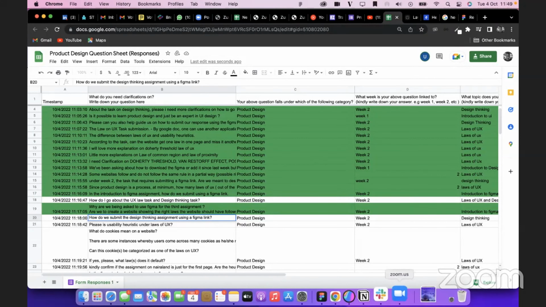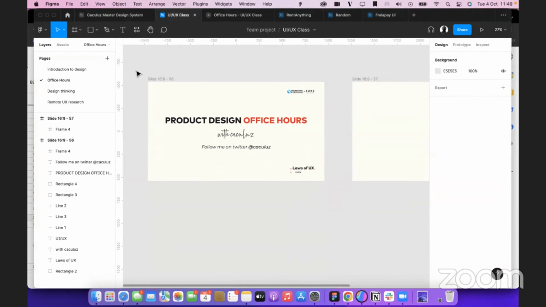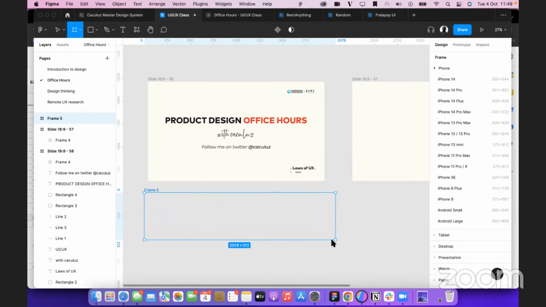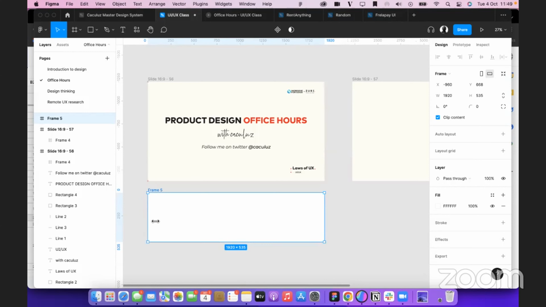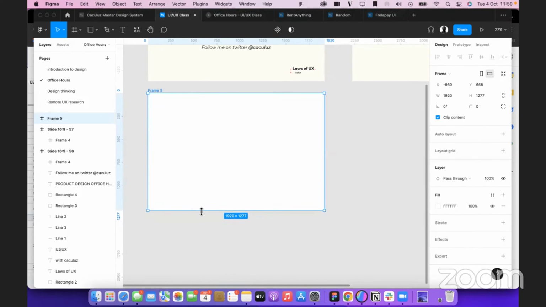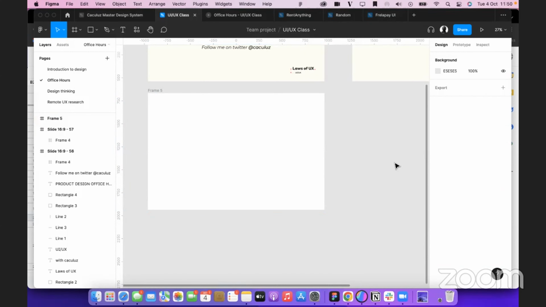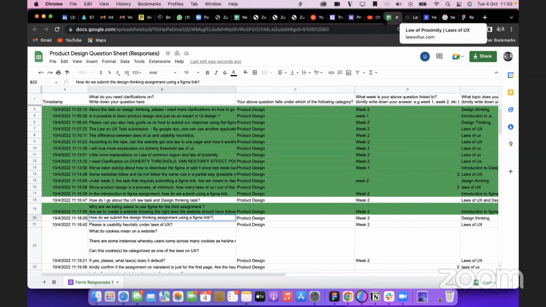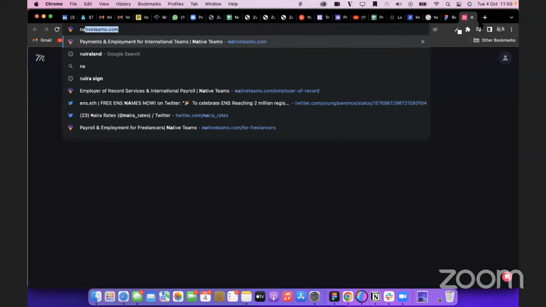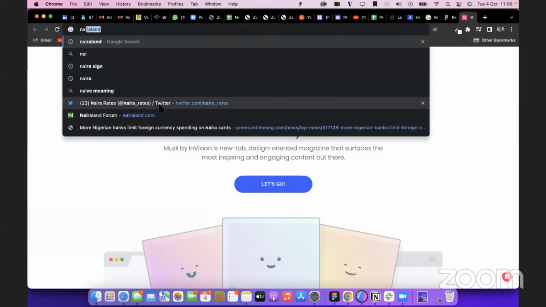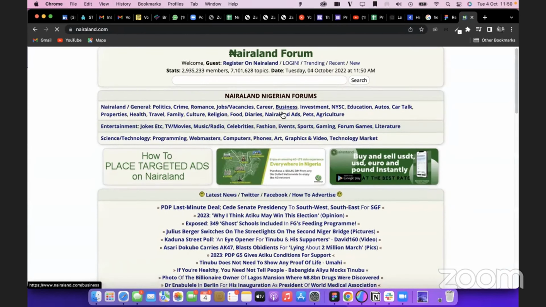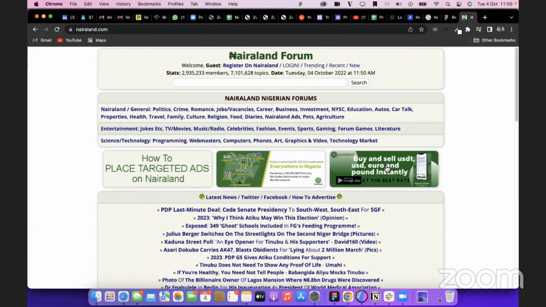So what we are basically asking you to do is, for example, let's say this is a frame. Let me draw a frame. Let's say you have a frame like this, for example. I'm thinking. Okay, so let's say you go on Naira Land. Where's Naira Land? Do I have Naira Land open there? All right. No, I don't. Okay, so let me go to Naira Land. So let's say I don't know the kind of law they default in, but let's say they default in something, right? For example. So I've taken a screenshot.